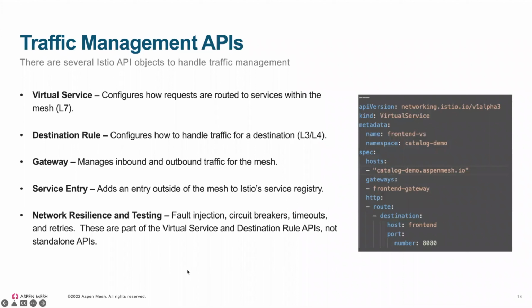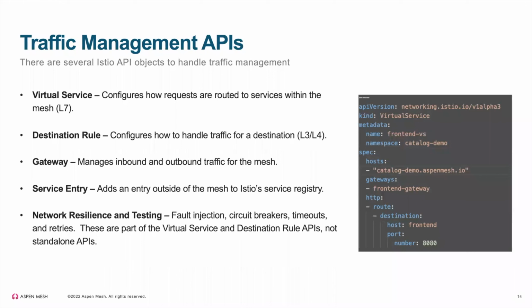So just to give you an all-encompassing view here, these are the Istio APIs that give you a lot of these traffic management rules. There's really 4 core ones: virtual service, destination rule, gateway, and service entry. And the virtual service and destination rule are by far the most common. So certainly read the documentation. There are so many settings in the virtual service that you can set. That's a whole session by itself.